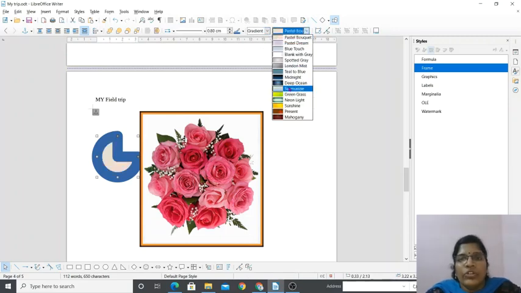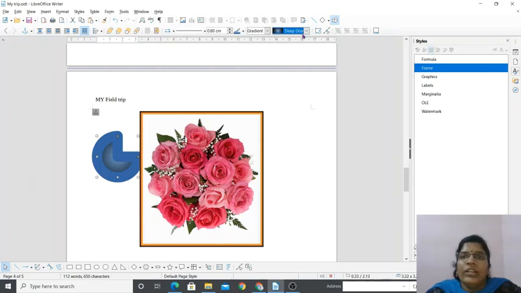Okay, so what color you want to choose? Deep ocean, things you can just play as you like, because it's a graphical user interface. Everything it's icons. Just click and try. Okay, do a trial and error method, nothing will happen. Got it? Okay. So this is a next one. This is a fifth option for page formatting. Then next one, it's now we have given border and formatting options for the shapes and picture, right?